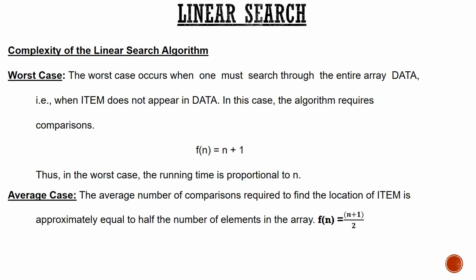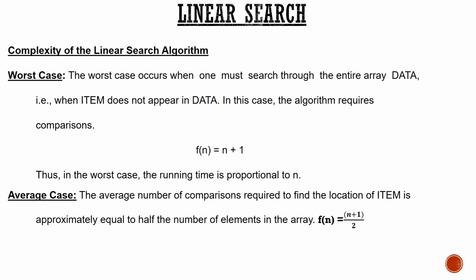The complexity of the linear search is n. That is, a maximum of n comparisons will be made for the worst case. On average, if you take up the middle element, that is (n+1)/2 will be your complexity. That many comparisons I need to make to find my element in the array.